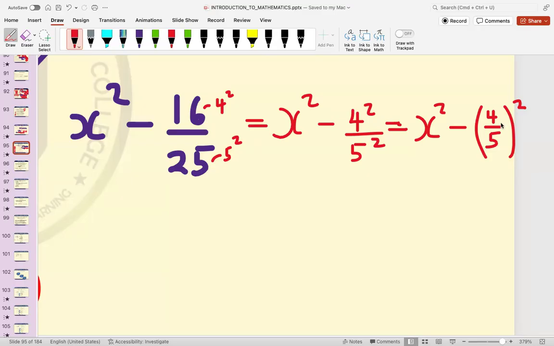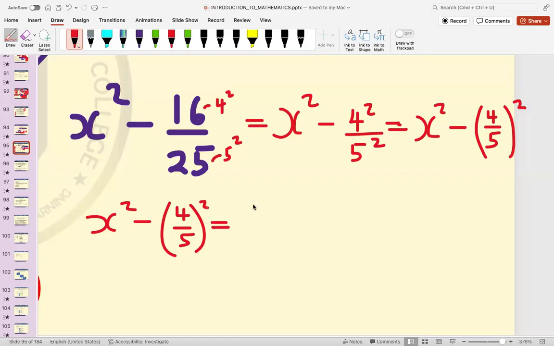So that when you go back, it will still be 4 squared, which is 16, and 5 squared, which is 25. So once you have your x squared minus 4 over 5 all squared,